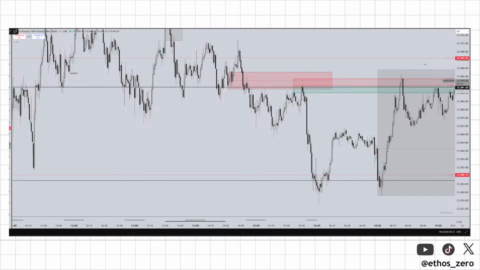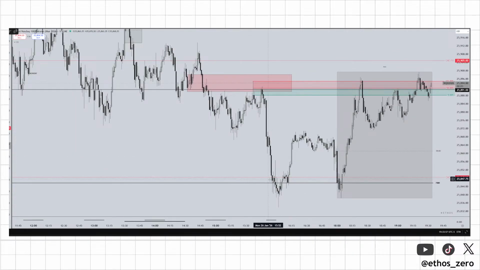Let me go to my spreadsheet here. Okay, so 3 p.m. is when the fixing price gets released. So we know that the fixing price is down here at this point in time. Okay, so this would have been a banger trade, right? The fixing price gets released here. You could either get in short off of the breaker here and then have a run up, and then maybe it would have taken you out for break even, or you see the other manipulation here and then you get it on